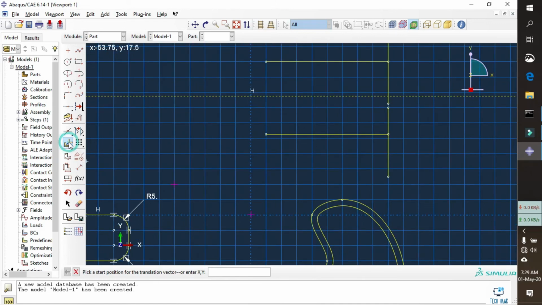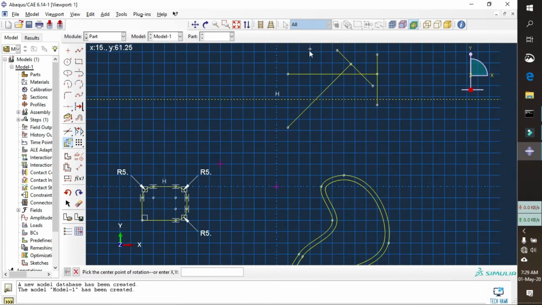Same as this. Click and hold here. You can also rotate, exactly the same as this. Just for this time I want to move. So I am selecting, done. Okay, center point and the angle of rotation. Enter. You see, it has been moved. Also same